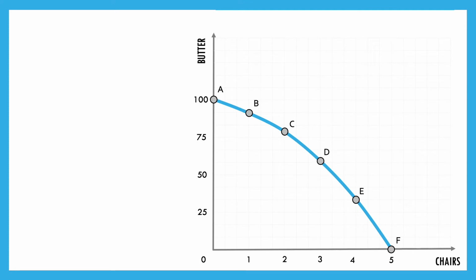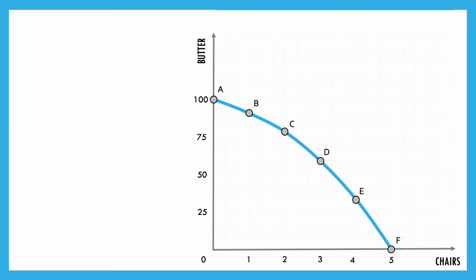So at the end of 1.2, we used this example with our production possibilities curve. We said, suppose we have our country or whatever, and we can produce two different items. We can produce butter or we could produce chairs. And obviously that blue line that you see represents all the different possible combinations of what we could produce. If we used our resources efficiently, we could produce anywhere on point A, B, C, D, E, F, or anywhere